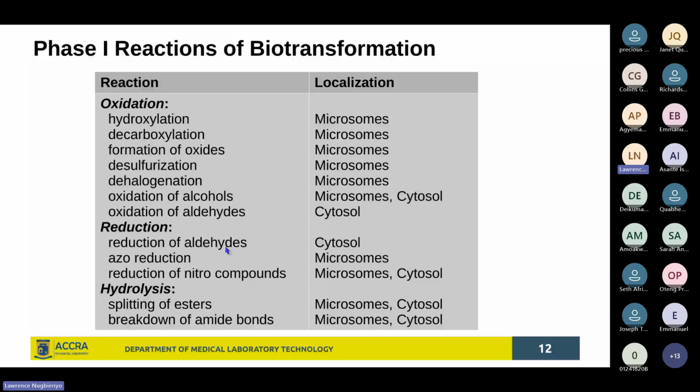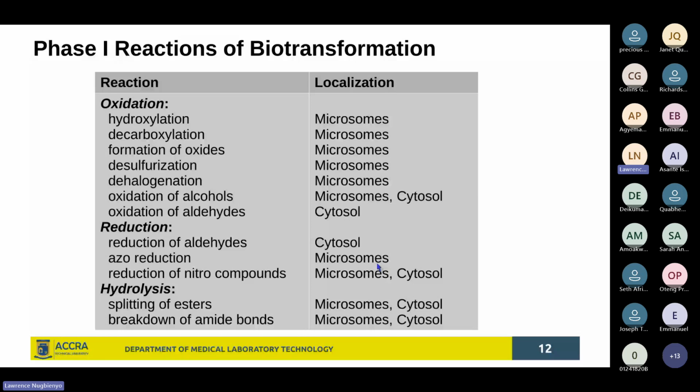You have azo reduction, and then reduction of nitro compounds. Some of these we'll look at in much more detail when we start to look at some examples of biotransformation of some specific substances. Hydrolysis,